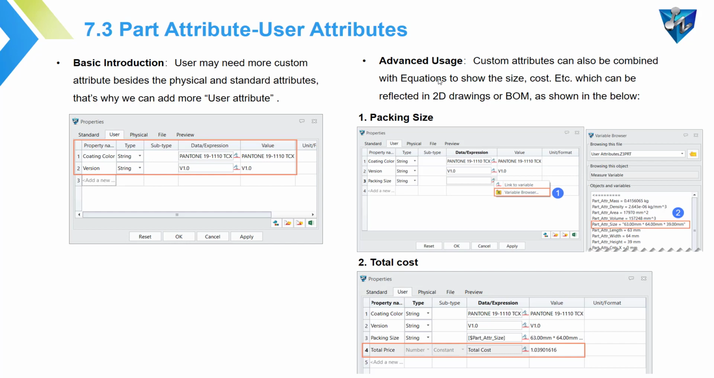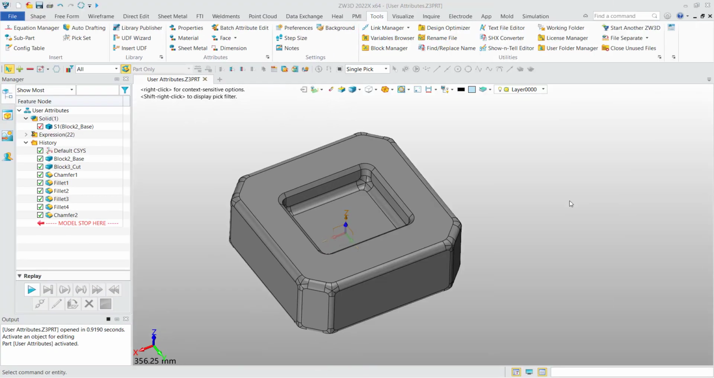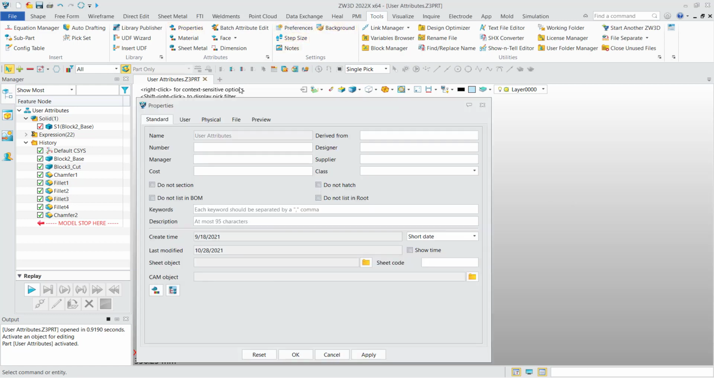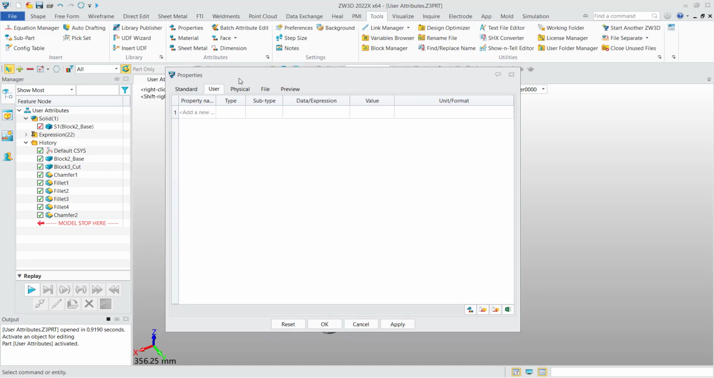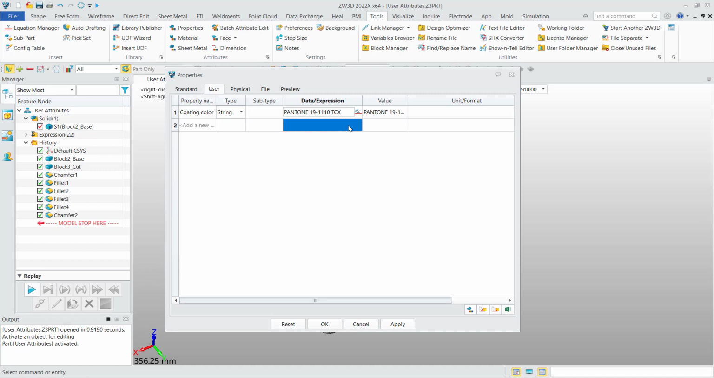Now let me show you how to do it in ZW3D. Okay, for user attribute, we can also access it in the tool tab property command. And here you can see a user attribute. And as I said before, we can add common string to it, like coating color. And for the type, you can see string, bool, integer, number, and even date. So here we need the string. And then we can type the string directly. I can already copy one. Okay. And then you can add more to it, like version